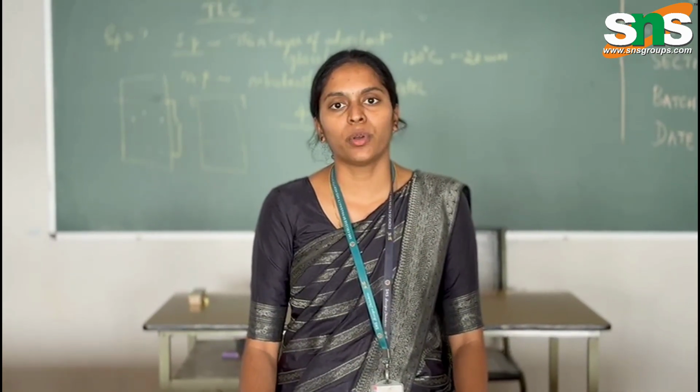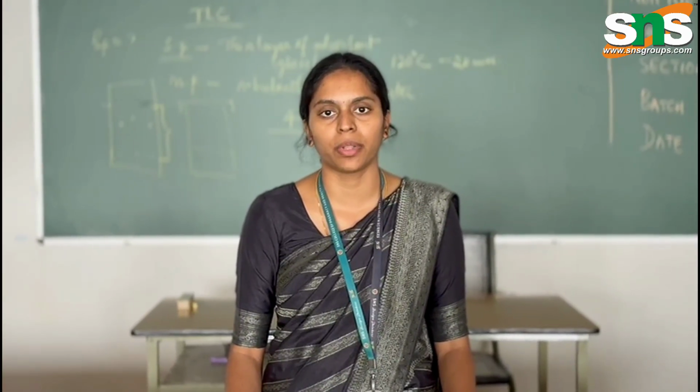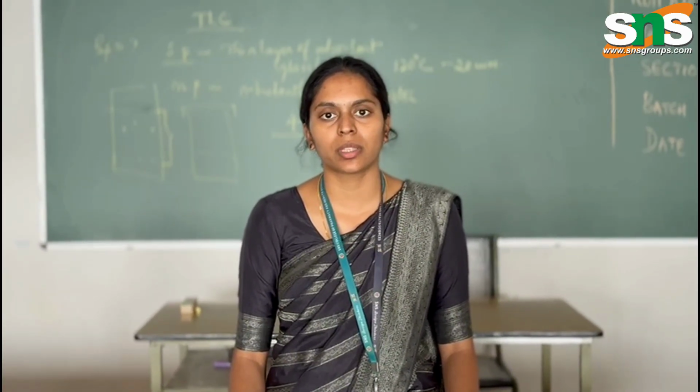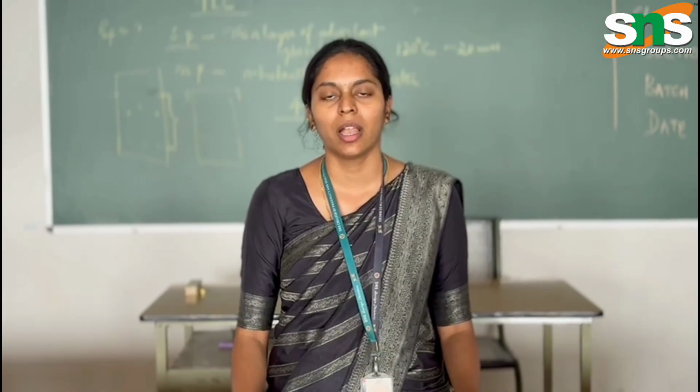Then the next instrument is the fluorimeter. This fluorimeter is used when you have a fluorescent compound as a sample. Suppose your compound is a fluorescent one like quinine sulfate, this compound has the nature of emitting some fluorescence when exposed to UV light. So this instrument works on the principle of emission of radiation. Here the UV light will be absorbed by our sample, and our sample